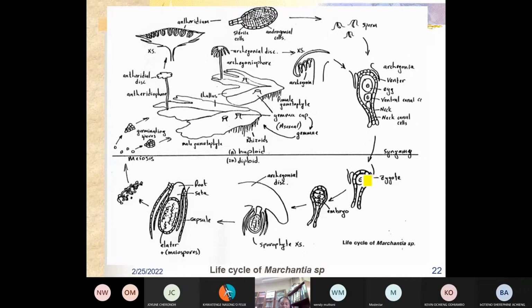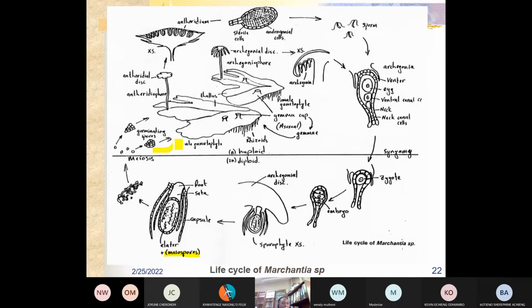The zygote is inside the venter, and it will develop into an embryo, and the embryo will become the sporophyte. So we get the sporophyte embryo, which is then in the capsule. The capsule then produces meiospores after meiosis, and the spores then will germinate, and